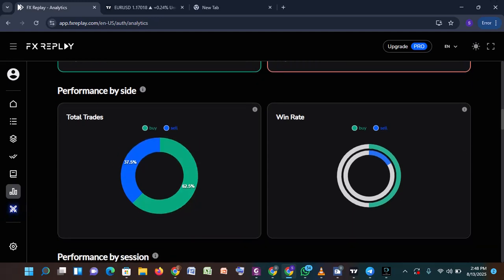So this other area here is also an interesting thing that I want you to focus on. You can see the green is for buy and the blue is for sell. So out of all these trades that I took, I bought 50% of them and I sold 16.65% of them, right? So win rate, this is telling me that I have more winning trades when I buy and I have losing trades when I sell. So this helped me to know where to increase my energy.